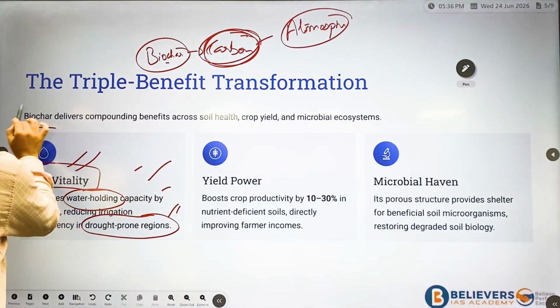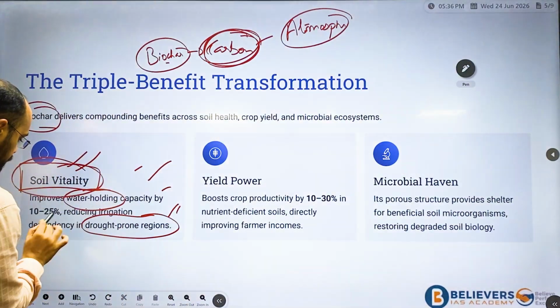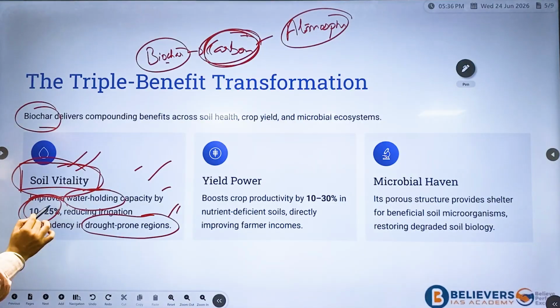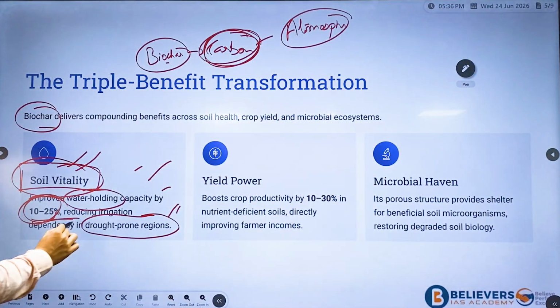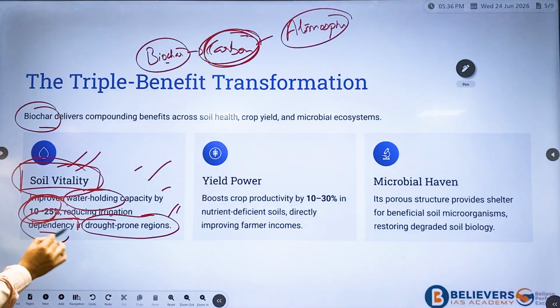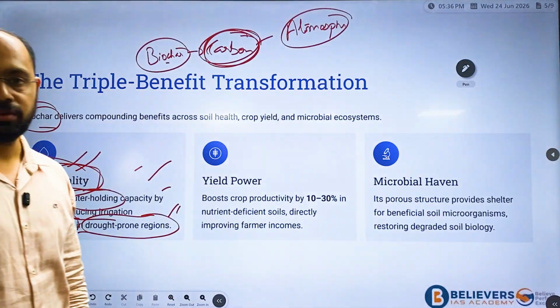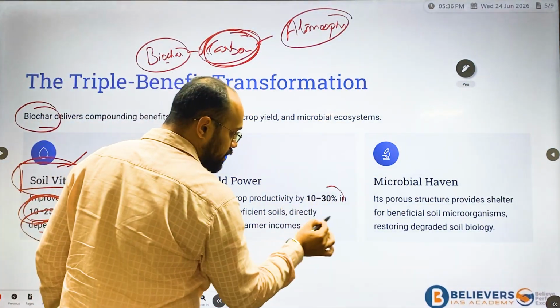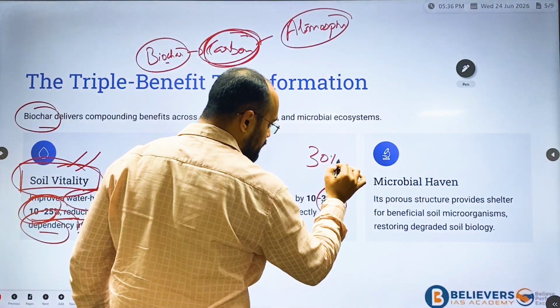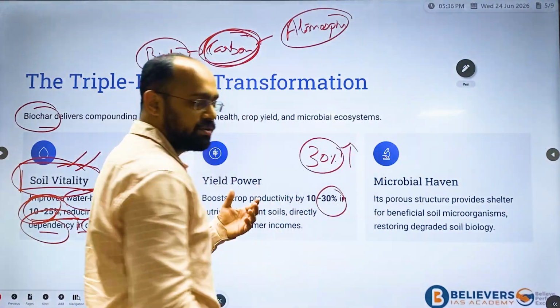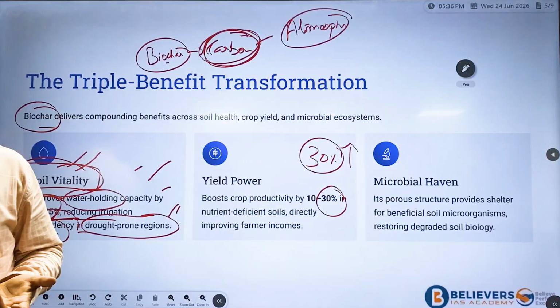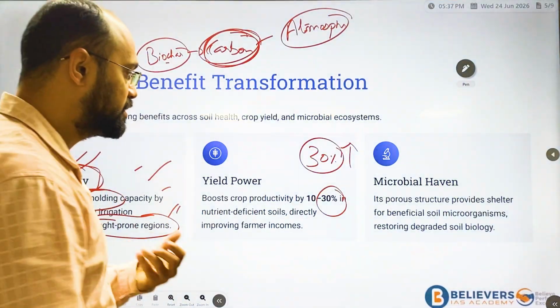So coming back to soil fertility, around 10 to 25% reduction in irrigation dependency in drought prone areas is what we can achieve. And even yield can be increased by a maximum of 30% when we use this biochar as a substance. Okay, this is the second thing. Next,